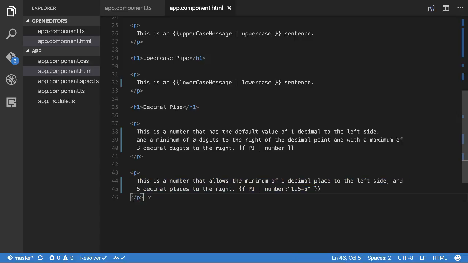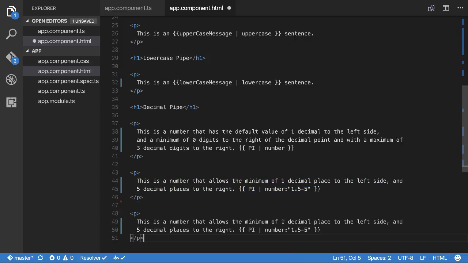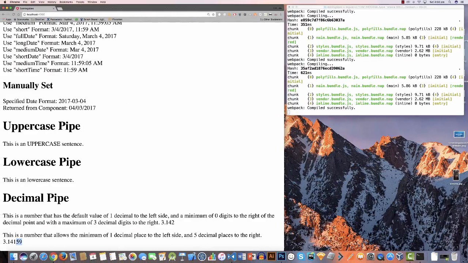Well, basically it's very similar to this. You know, minimum of 2 decimal places to the left, and then basically we just come in here and we change this to 2, right? Because this number represents the number of digits on the left. This is the minimum on the right, and this is the maximum on the right. And now if we save that, we should now see